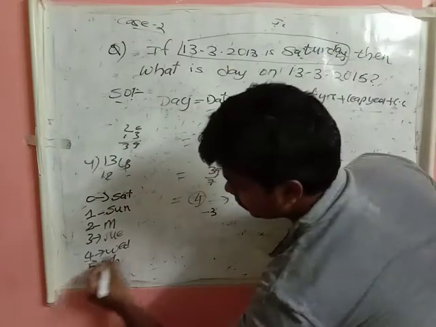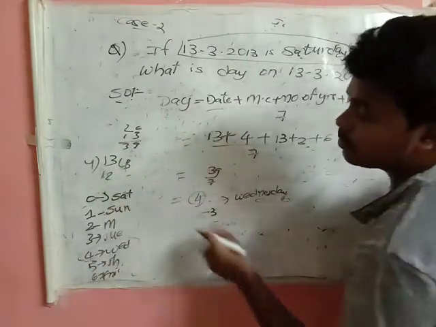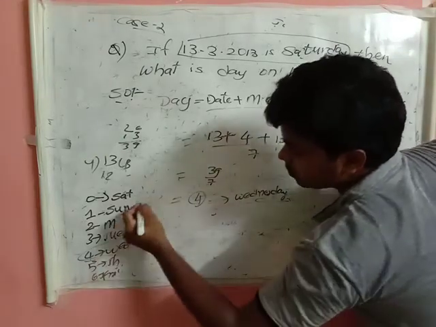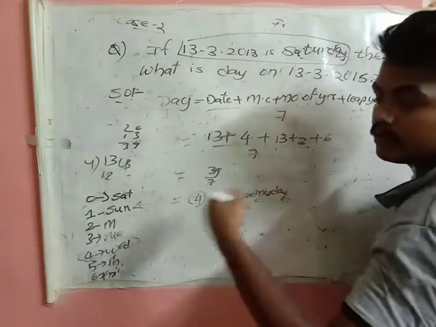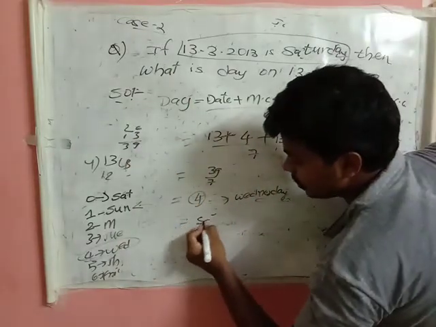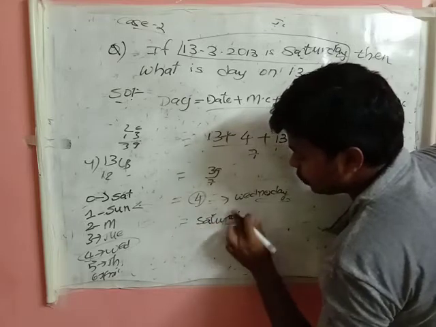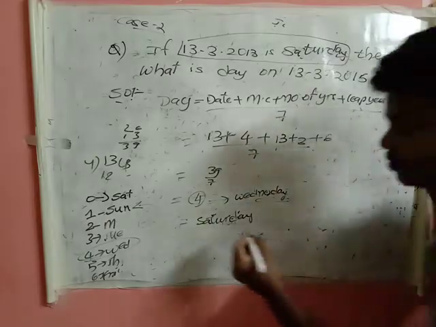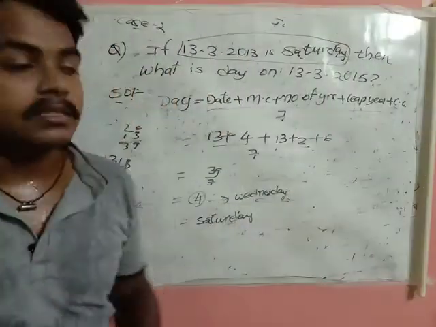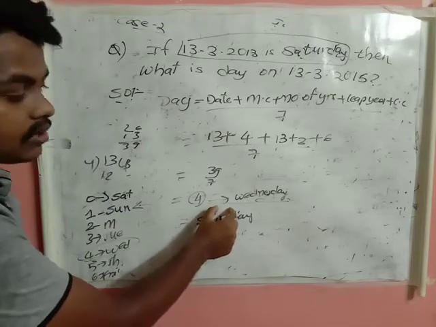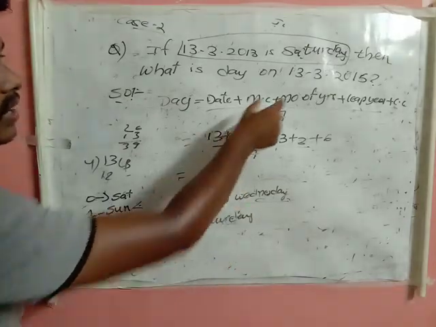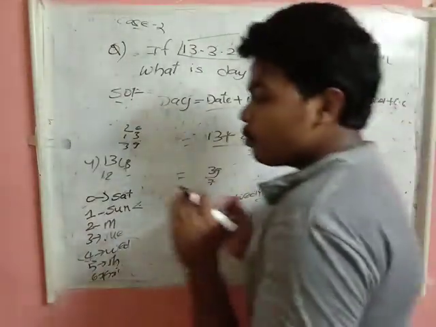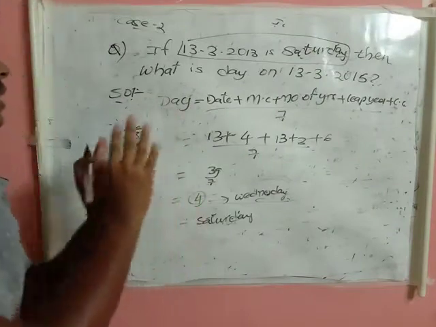So I am here. What should I do to 4 so that I can go back to Saturday? I should do minus 3. If I go back 3 days, I will get my Saturday. So what I did here was subtract 3 from 4, so that I will get my Saturday. The same process, here we subtracted 3. In order to get from Wednesday to Saturday, for this also we should apply the same process. How, I'll be telling you. Just pause the video and write all these things.